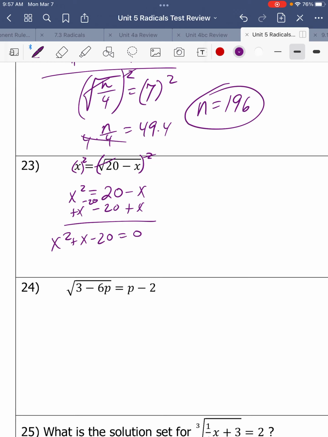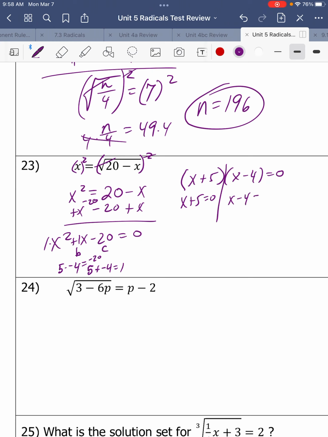At this point you can factor, use the quadratic formula, or you can graph. I'm going to factor. So a is 1, so I'm going to do what two numbers multiply to c that add up to b. And that would be a positive 5 and a negative 4. They multiply to c, they add up to b. So x plus 5, x minus 4. And set them both equal to 0, solve. You get x equals negative 5, x equals positive 4, and because we had a quadratic,